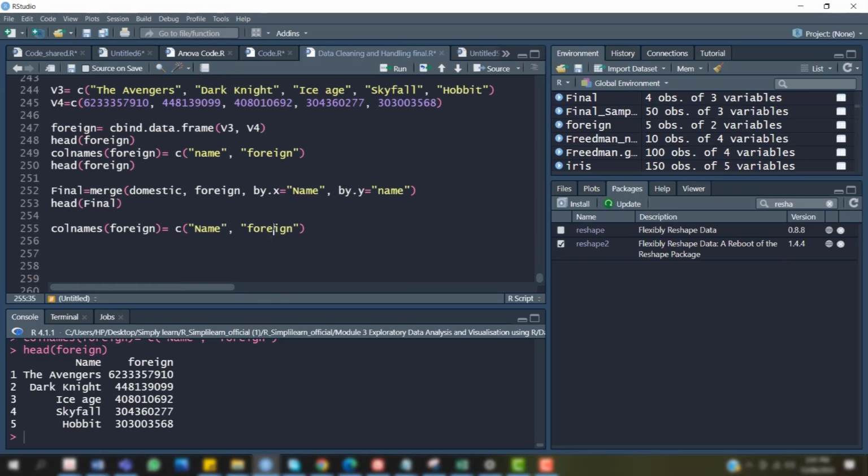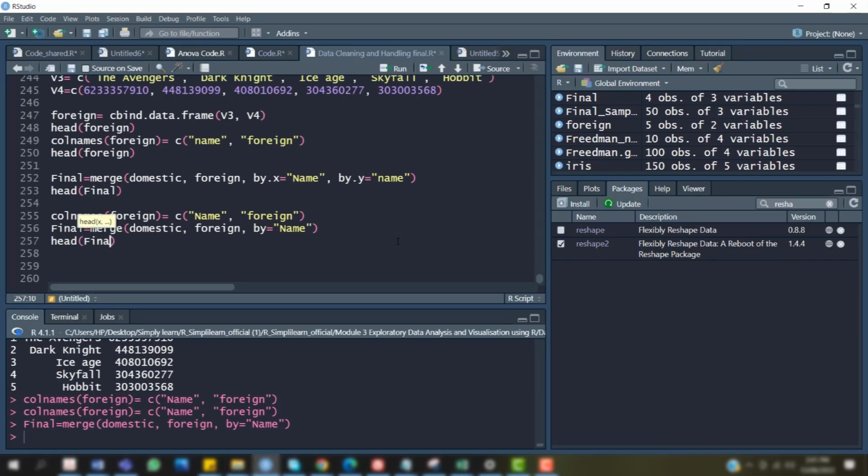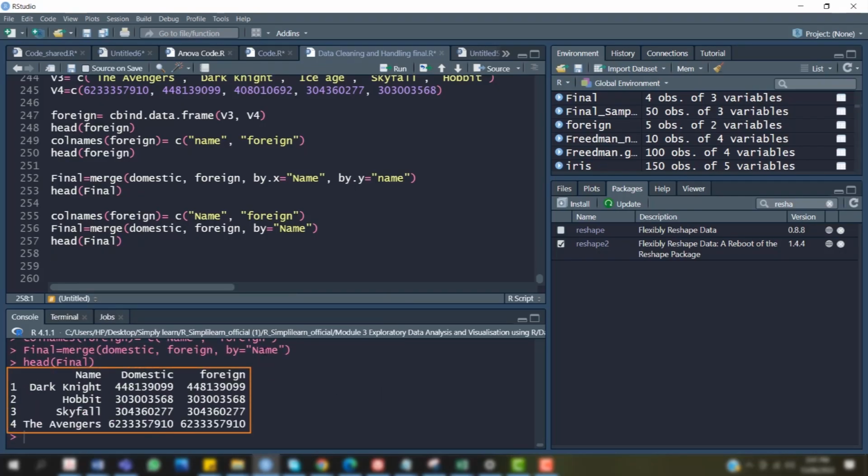It will be better if I keep this command. So now if I run this, things are more simple now. I need not give two names. I can simply use this and head final. So you can see it has merged the data.